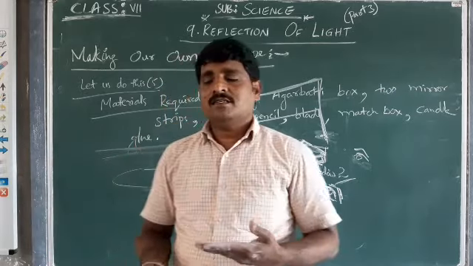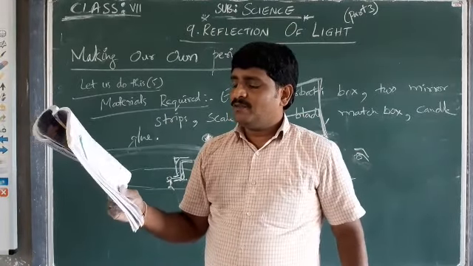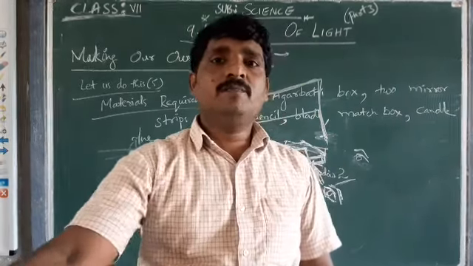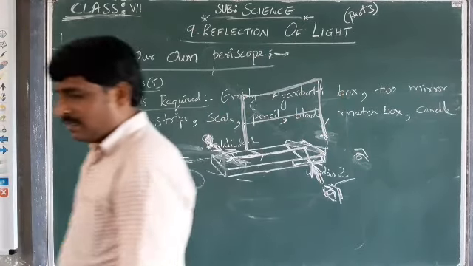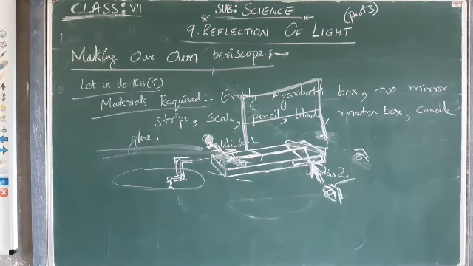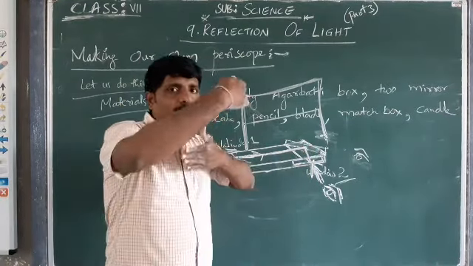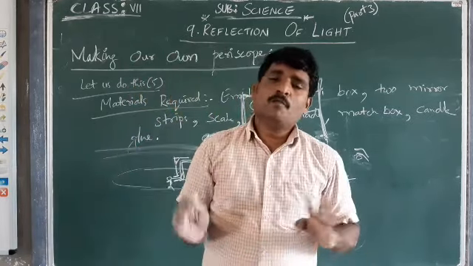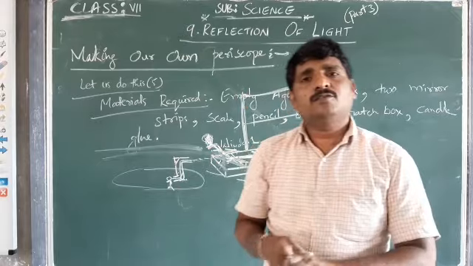There are some questions given here. Why should we keep the mirror strips parallel to each other in the periscope? What happens if they are not parallel? That's what has been given. In order to answer this, we have to perform one more activity. Why have the mirror strips in this periscope been placed parallel to each other? If they are not placed parallel, what are the consequences, or what is the problem that we are going to face? These are the two questions